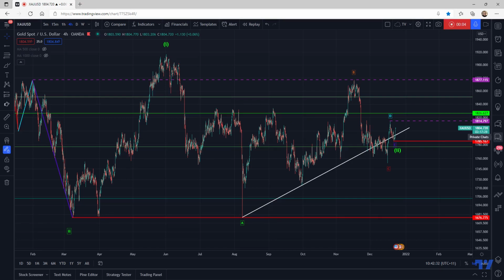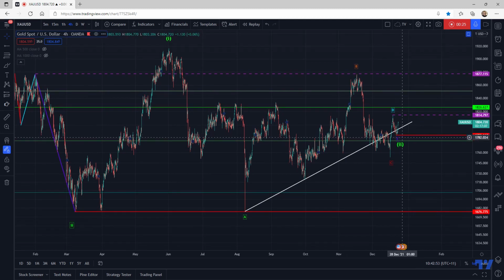Okay, so in this chart, we're looking at gold once again, and some interesting things have happened overnight. Now, we didn't see the follow through that I would have expected to see in order to get that CDE pattern happening, but instead, we seem to have basically just dipped down a little bit for wave E, and it looks like now we're reversing. Now, if we break above that high of the wave D, start of wave E, well, I don't know, but it seems like it could be a good entry point here,